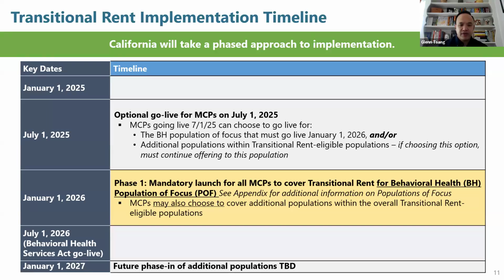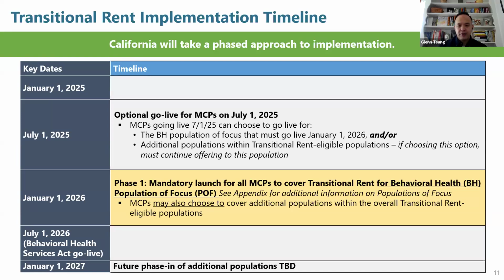However, on January 1st, we have a lot of attention to this, this is a mandatory launch for our behavioral health population of focus, which I mentioned previously. This will be a mandatory launch for all plans in all counties to cover members that meet those behavioral health conditions that I showed on the last slide, and also the other two buckets of criteria. So plans will begin covering transitional rent for the behavioral health population of focus beginning Jan 1, 2026, and that's a mandatory launch. This is also to line it up with a July 1st, 2026 go live of the Behavioral